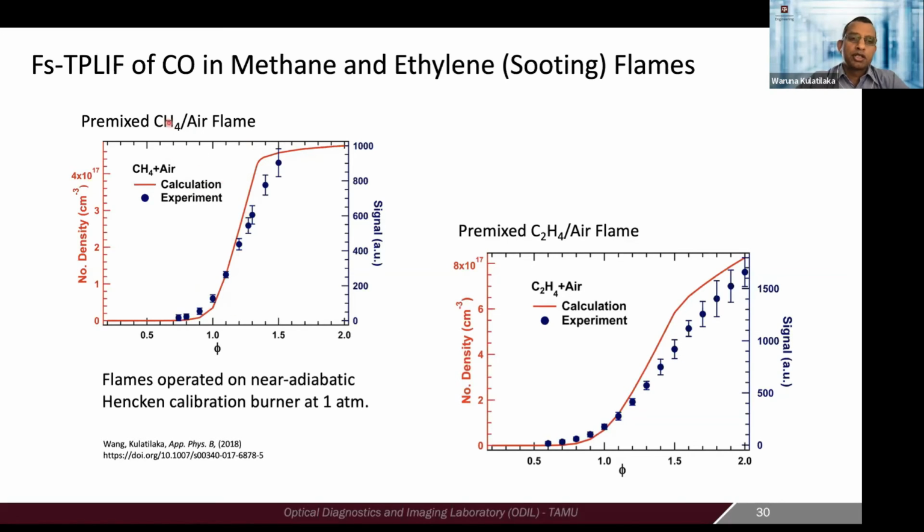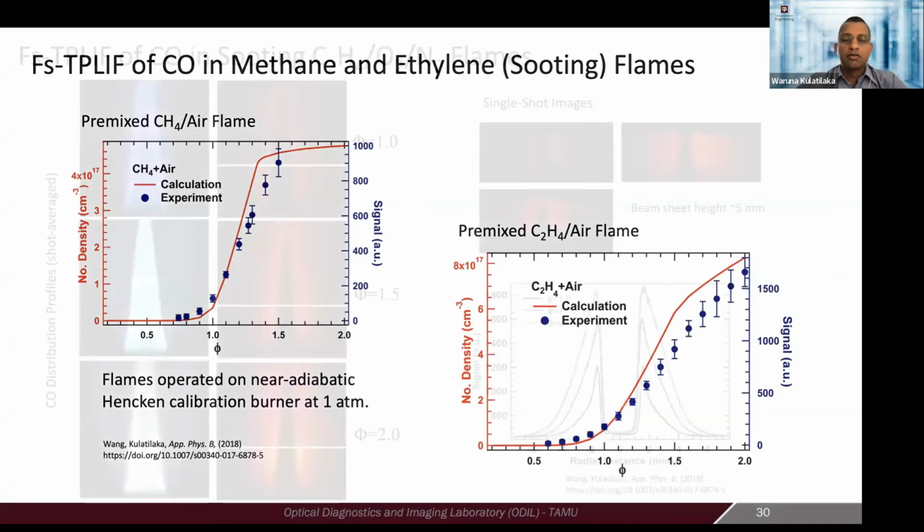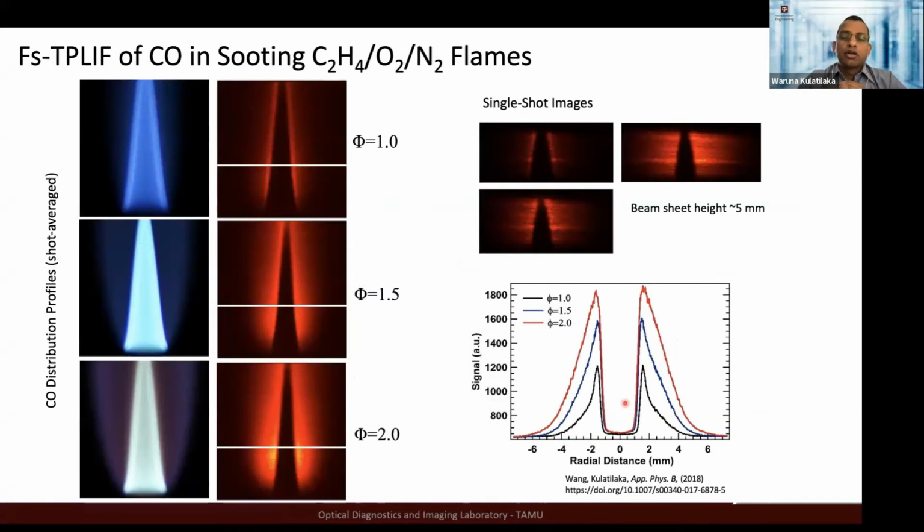Two types of flames: this is a methane air flame, and this is an acetylene air flame with a lot of soot, especially when you go into the rich side. You might see slight disagreement. Again, it's not quite clear whether the model is predicting exactly accurately, or whether we have some discrepancies, but there is some difference between the experiment and the calculations at the high equivalence ratios, and it matches pretty well at the low equivalence ratios on the lean side, where we don't have much CO anyway. So we have extended this into 2D imaging again.